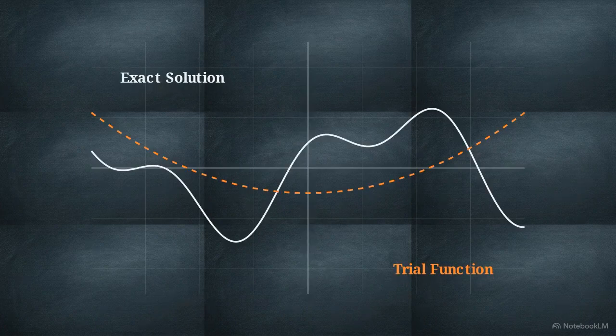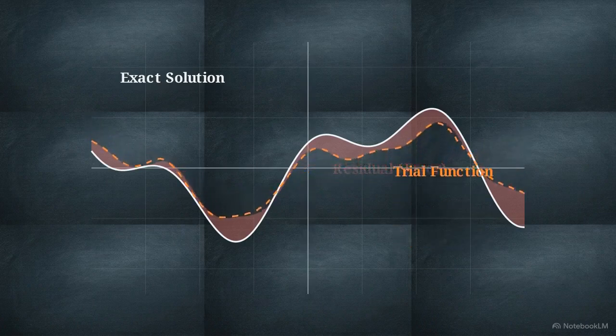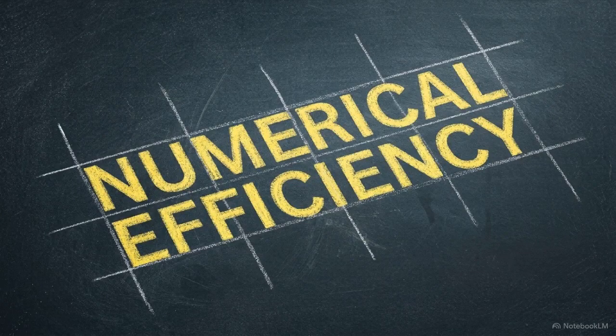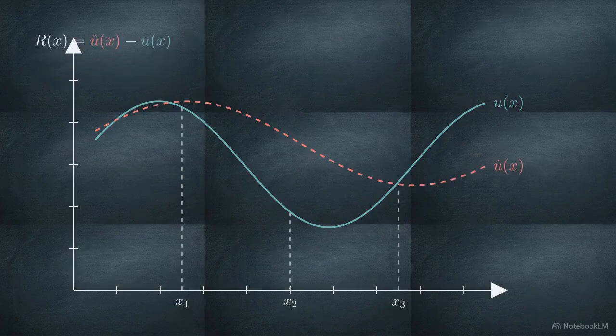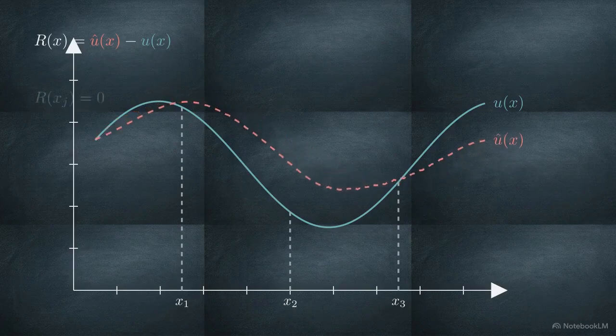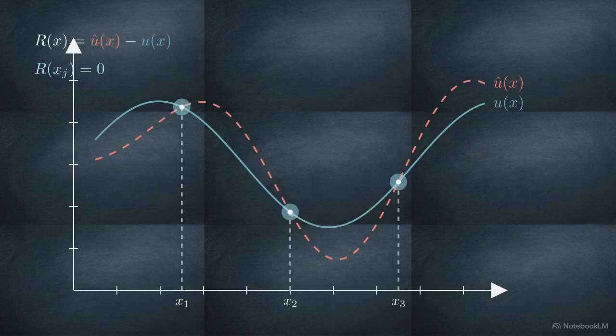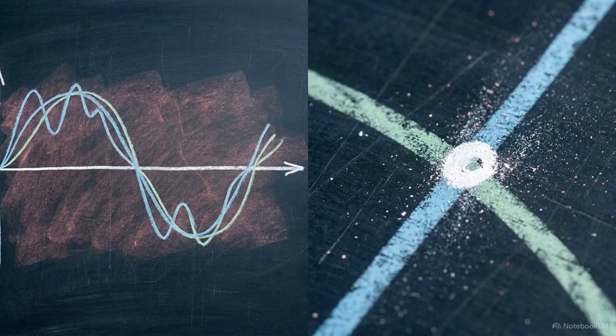Instead of hunting for an impossible perfect answer, we build mathematical approximations designed to minimize the total error, or residual, across the system. Within this family of techniques is a highly efficient approach known as the collocation method. This plot shows how it works. Rather than calculating error across the entire continuous domain, this method forces the residual to be exactly zero at predetermined discrete coordinates. We are trading the requirement for global accuracy for the ability to force the approximation to be exact